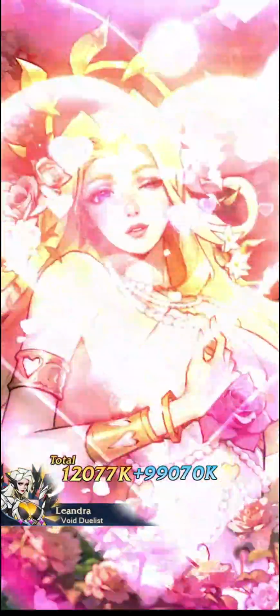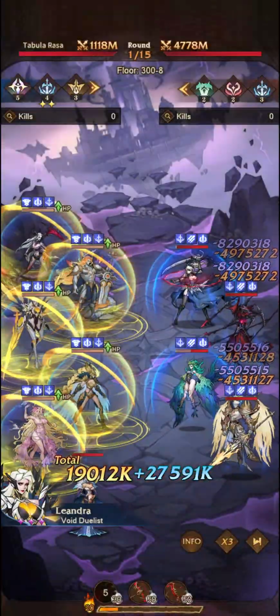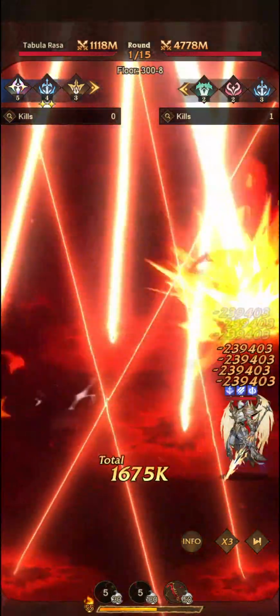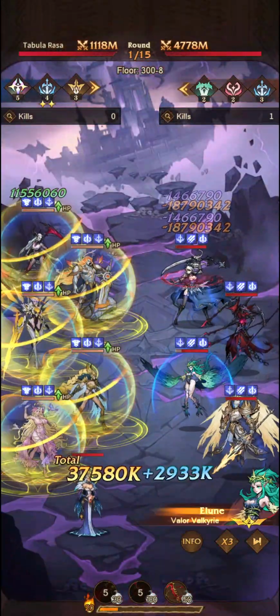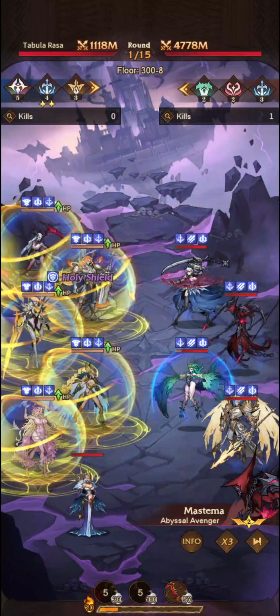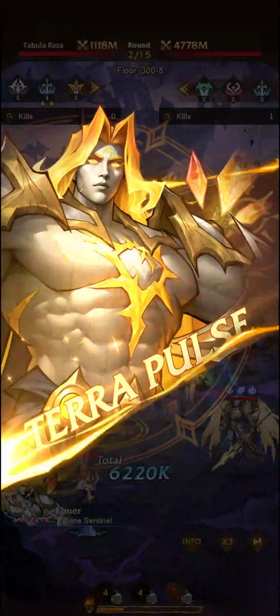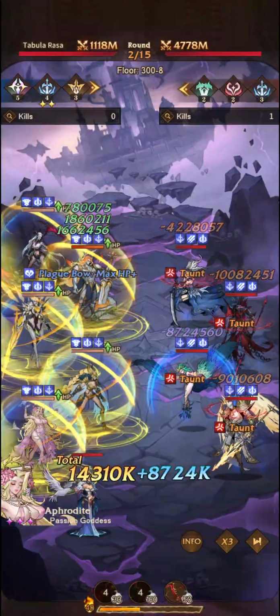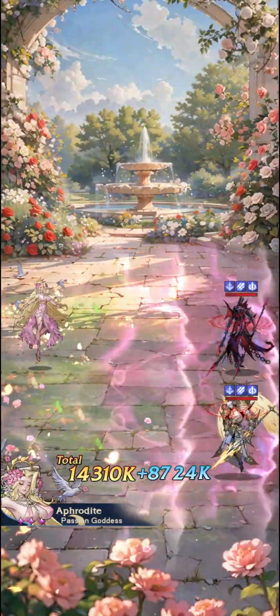So Aphrodite in this case has stolen Atropos, which is going to be quite good for us, especially if we get into the next round with Atropos, because we should get the added bonus of the Atropos triggering, but we'll just have to see. So we get Element Taunt, and then we get